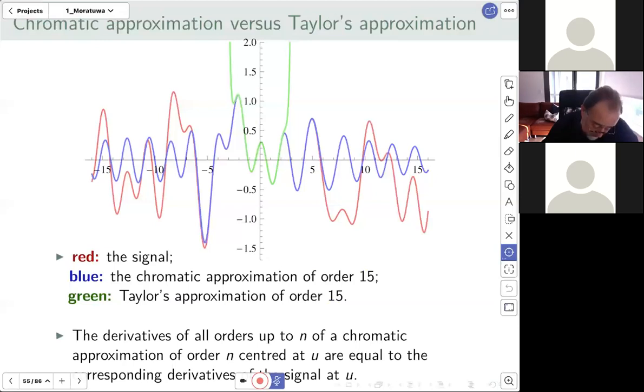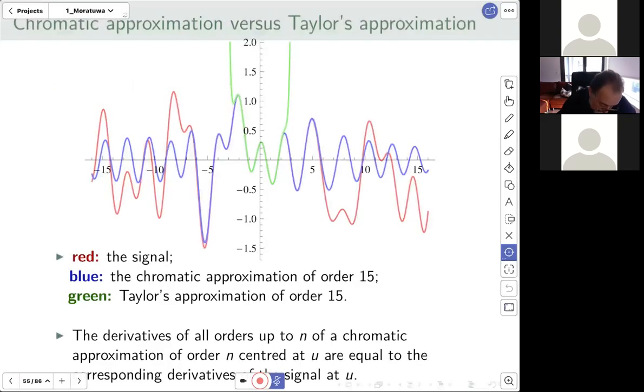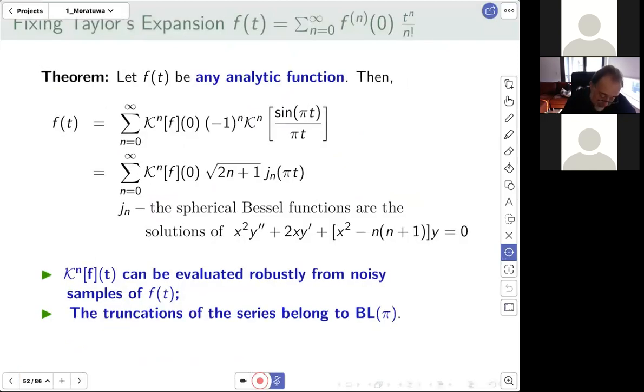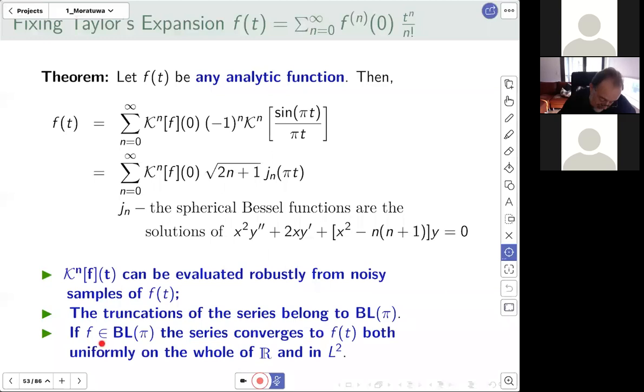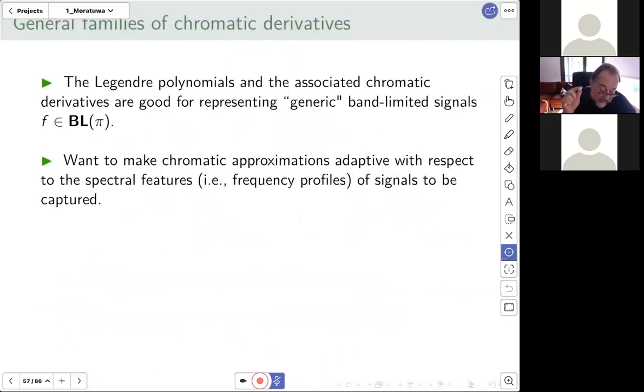So now, we dealt so far only with the Legendre polynomials and the associated chromatic derivatives, and they're good for representing, so to speak, generic band-limited signals, because the previous theorem, let me just quickly show you, it says that the series converges to f of t both uniformly on the whole of R and in L2 precisely for band-limited signals of finite energy. However, the technique is highly adaptable, and you can actually tailor-make it if you know